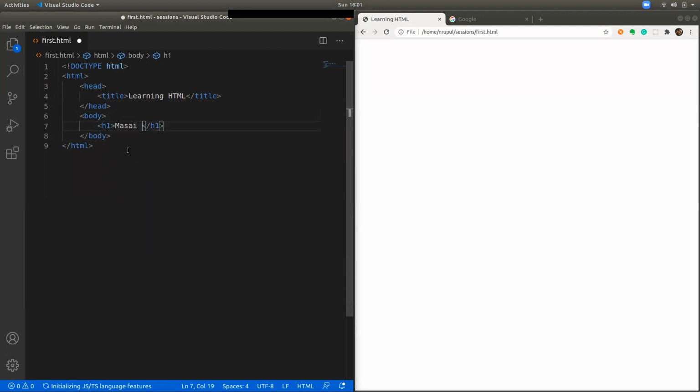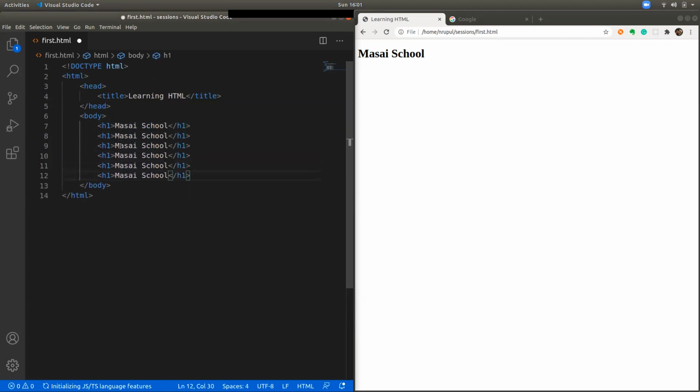So I'm just going to put all the heading elements that are available in HTML. Now you can see if I put H1 in Masai School, it doesn't look like normal text. It looks like a heading, bold and bigger in size. In the same way, the heading elements go from H1 to H6. So these are called heading elements.